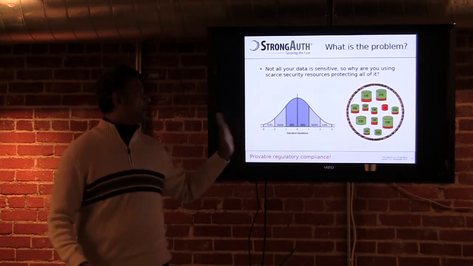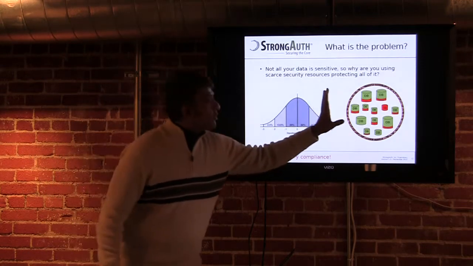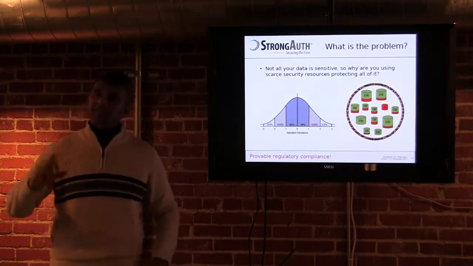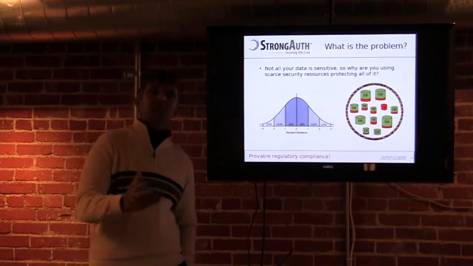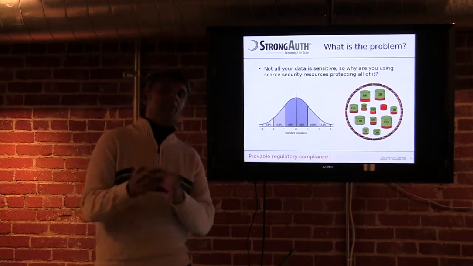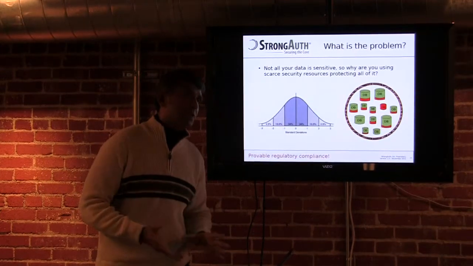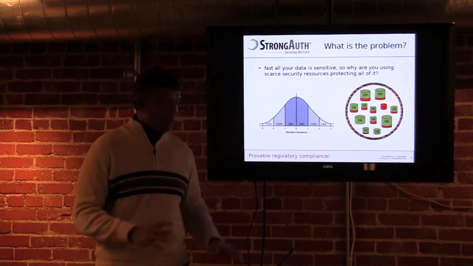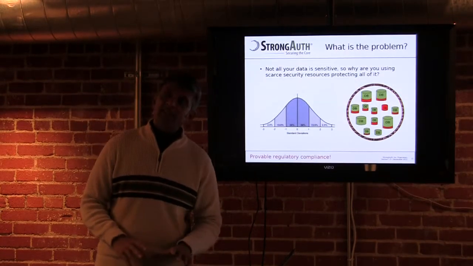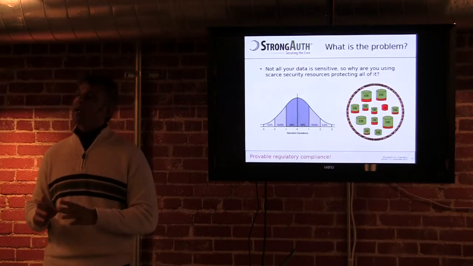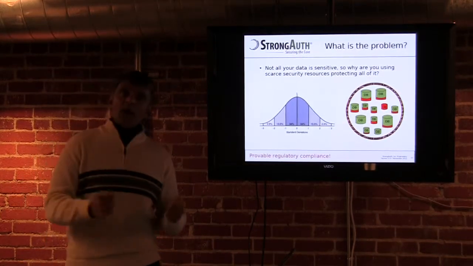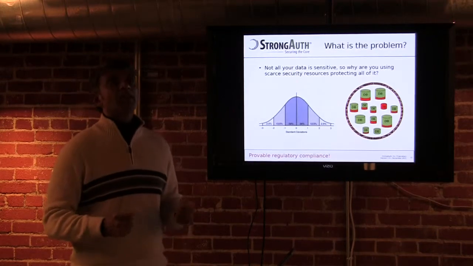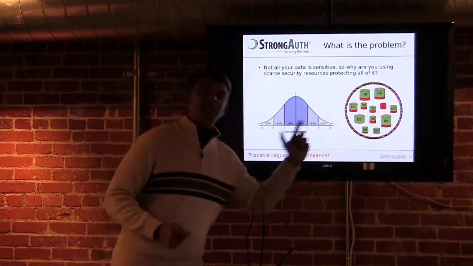standard deviations away. If you look at all your data, there's some percentage of it that's extremely sensitive: human resources, credit card numbers, medical data. Now it depends, varies from industry to industry, of course. But by and large, the vast amount of data out there doesn't require industrial strength security. So why are companies spending all that money trying to protect everything?